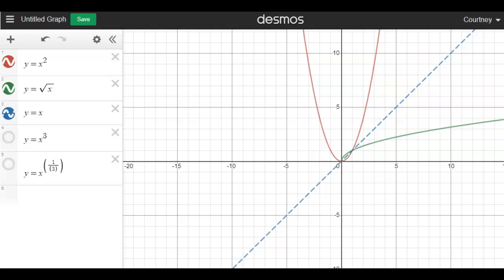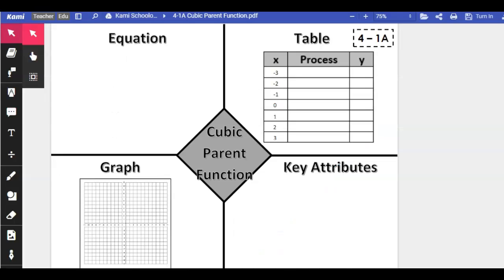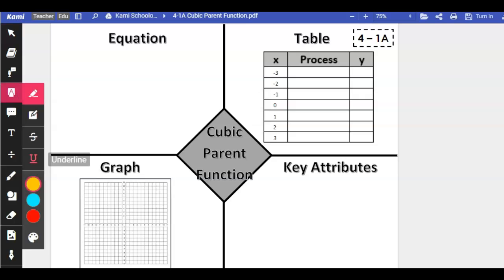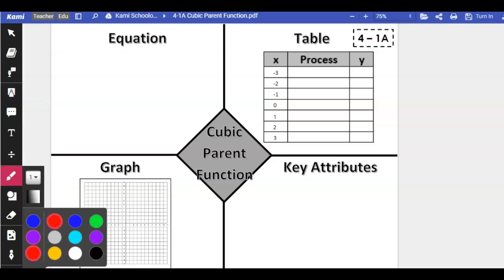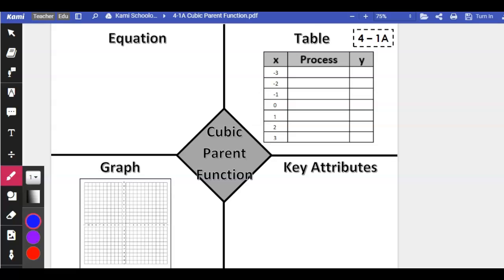Now, I'm going to take these away. I'm going to leave the line y equals x there because we're going to use it later. And I'm going to move to the cubic parent function. Now, the cubic parent function, the equation for it, let me see if I can get my pen here. There we go. The equation for the cubic parent function is y equals x cubed, the most basic equation with